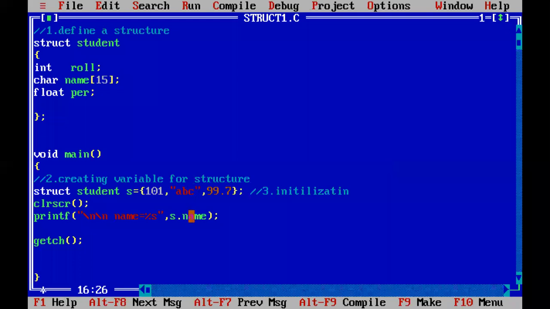Next, I want to access the last member of the structure, the floating point member. For that I write S1 dot PER. What is there in the PER? A floating point value, 99.7, but that is not a string. You have to write percentile F, and since you are printing percentage, write percentage.